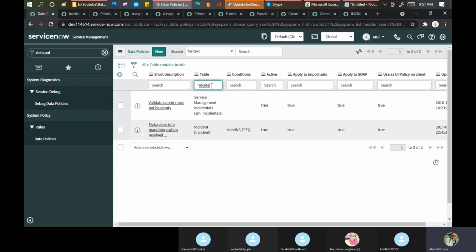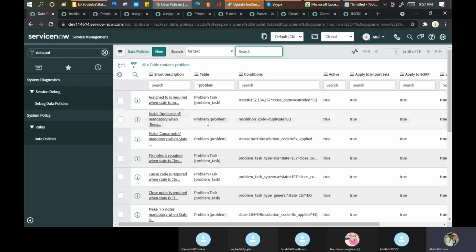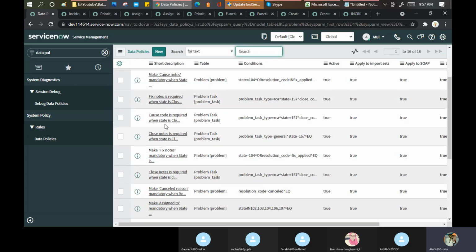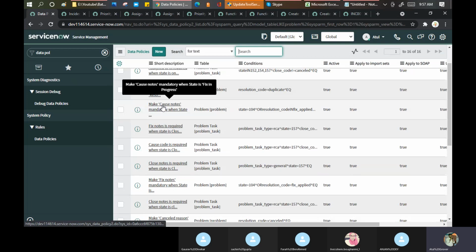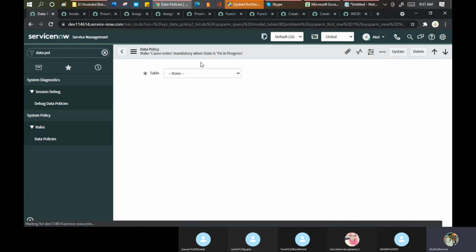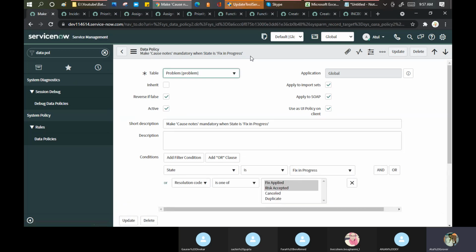Let's not go into this, but let me open something on the problem record. See, the cause note is mandatory when the state is fixed in progress. Data policy works at data insertion time.